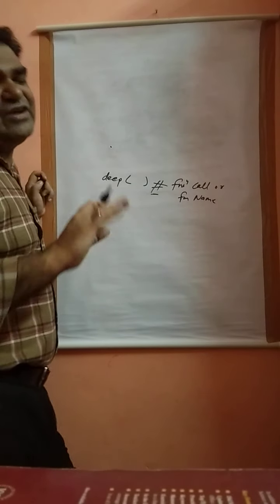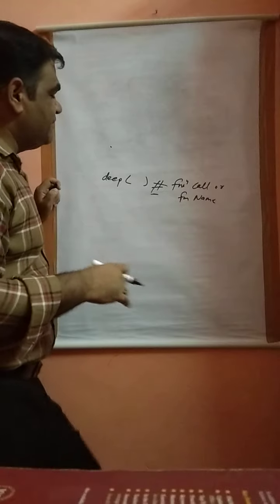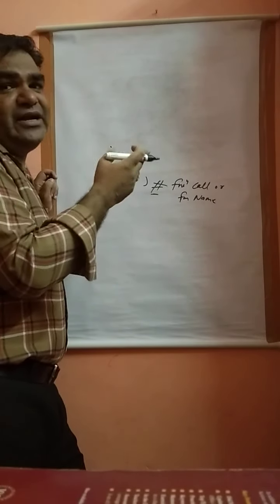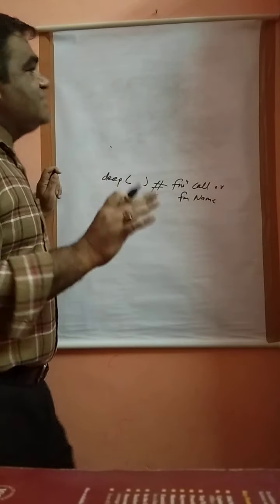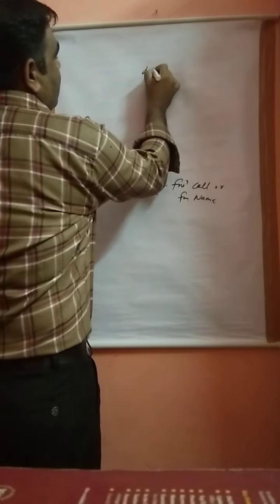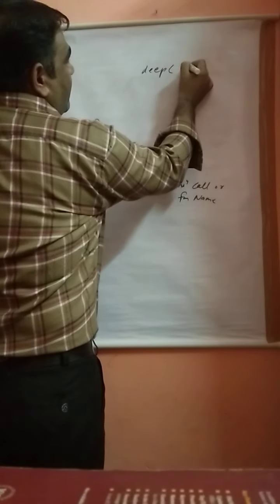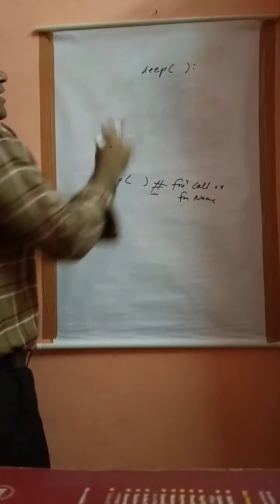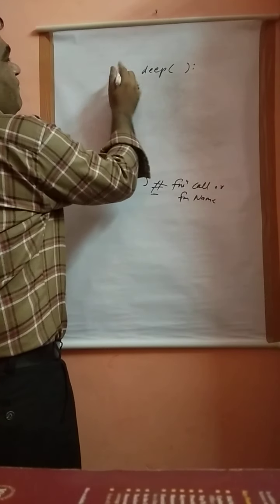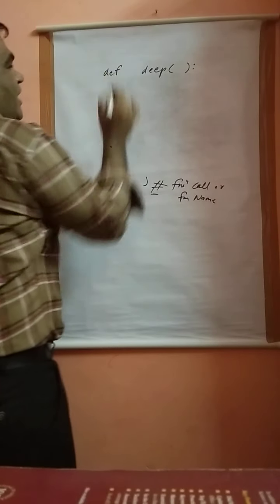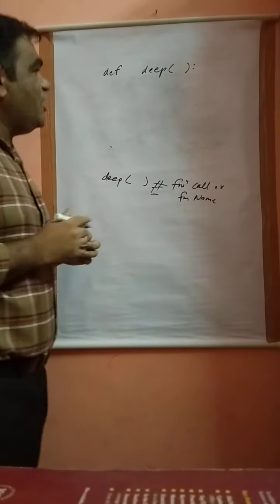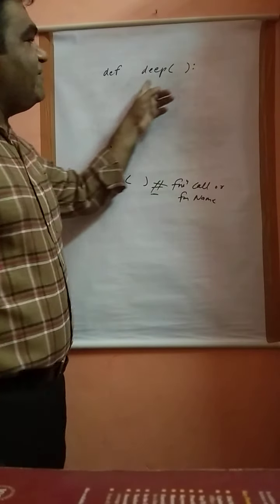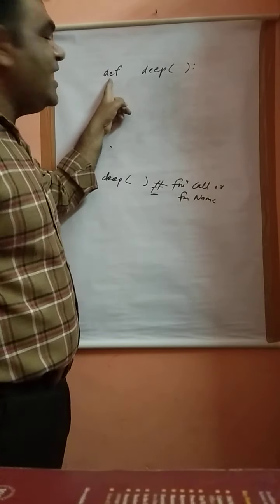And after that we declare the function name or function call, and after that we declare the function definition or function header. Function definition or function header are the same things. And remember one thing, the function name and the name which are declared into the function header are same. So I just write here the same name deep, and after that parenthesis on and parenthesis off, and after that we just write here the colon, and before this name we just write the def keyword. Remember my dear students, if you are just going to declare the function definition, so function definition or function header always start with the def keyword.